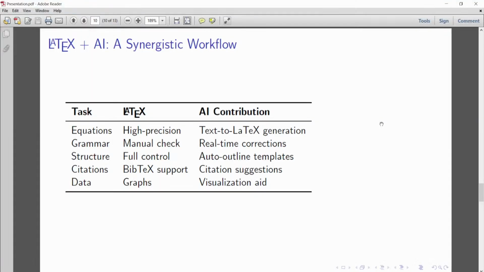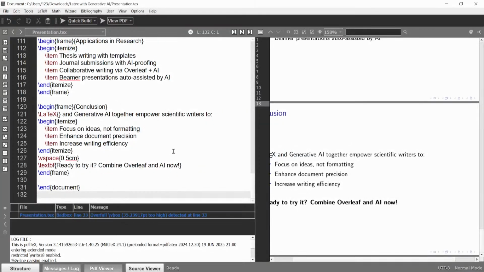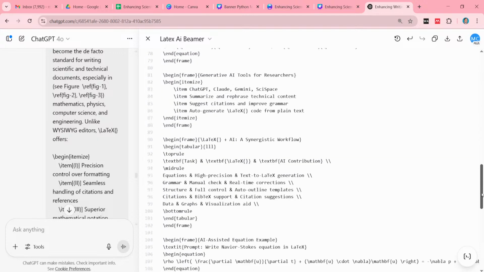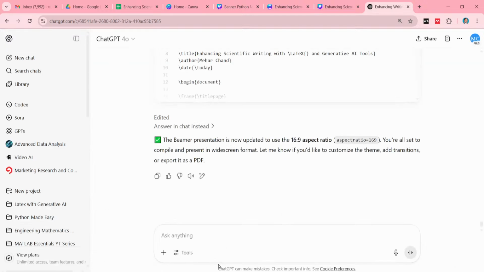Now you can make some more changes to the format. You can use one more statement: change the format template. You can use it here, template of the PPT in blue and white.